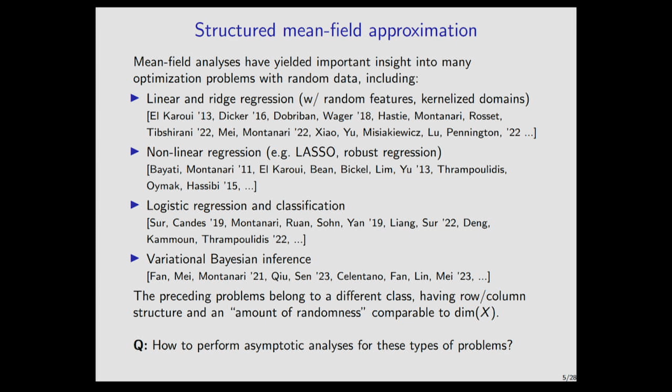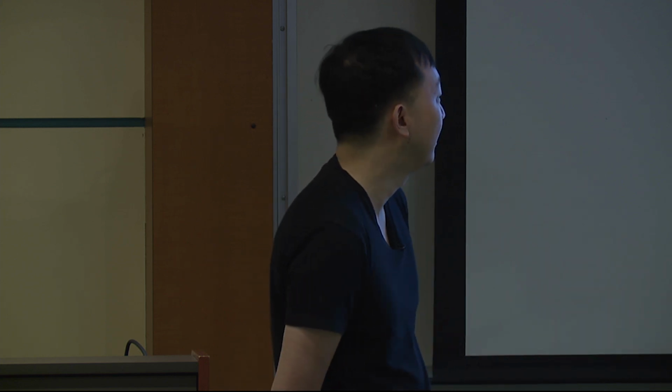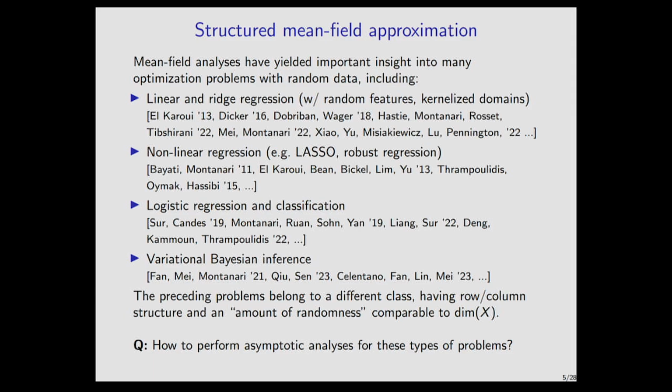I realize this is a conference about neural network training, and I do want to apologize to this audience that this talk is not very much about neural networks. But maybe a very loose analogy is that I think the current status of our understanding of mean field dynamics for neural networks maybe is also more developed for settings where we're learning something that looks more like a vector-valued parameter than something that's a full matrix-valued parameter. So the high-level open question that's motivating a lot of what I'm going to talk about is perhaps this one, which is how does one perform asymptotic analyses for this class of matrix-valued problems with this Kronecker structure?